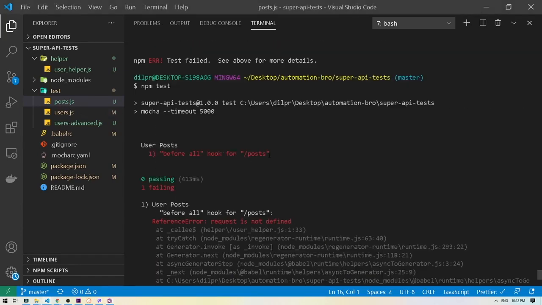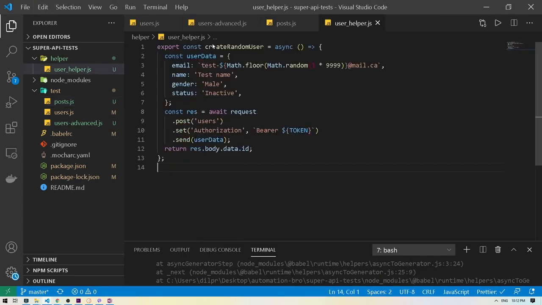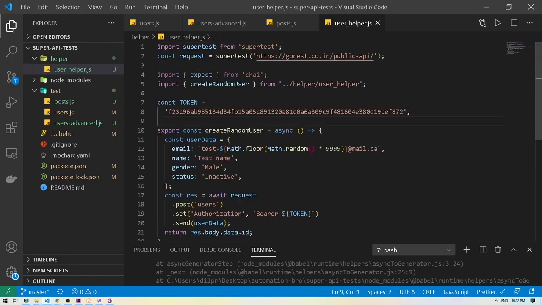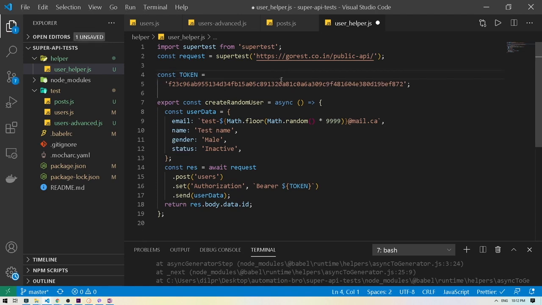All right, no, something failed. So let's make sure what failed. Request is not defined. Yeah, that makes sense, because we never ended up giving all these details to our user helper here. So I will paste that here. And I don't need this. Everything else, I don't need MaxSpecChai either. Yep, rest looks good. Now if I run this,